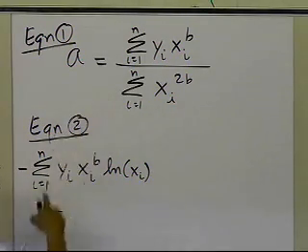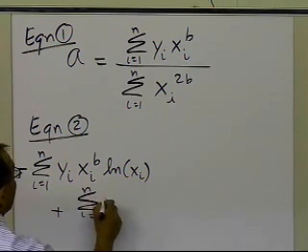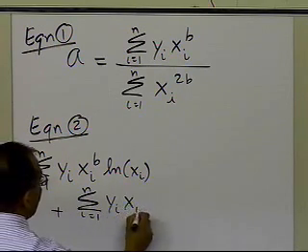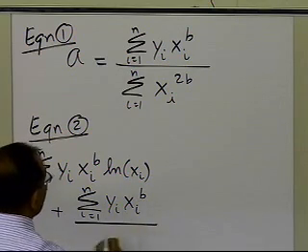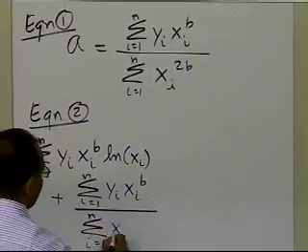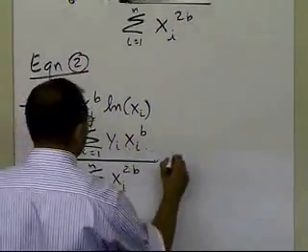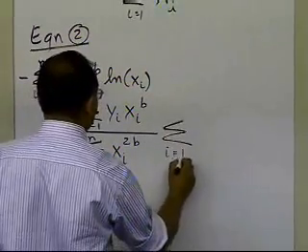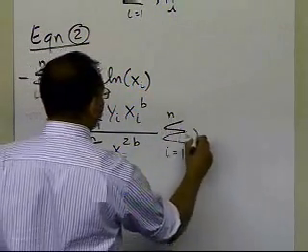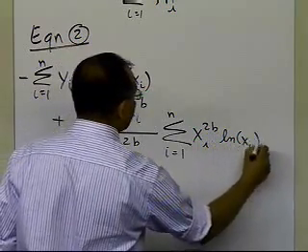I'm going to substitute this value of A wherever there's an A in the second equation: summation i is equal to 1 to n y sub i x sub i raised to power b divided by summation i is equal to 1 to n x sub i raised to power 2b. And then what is left? The other summation is left: i is equal to 1 to n x sub i raised to power 2b times log of x sub i